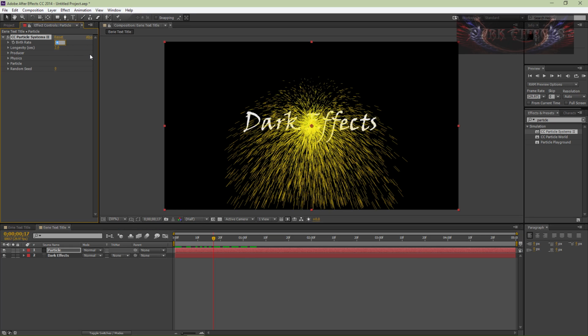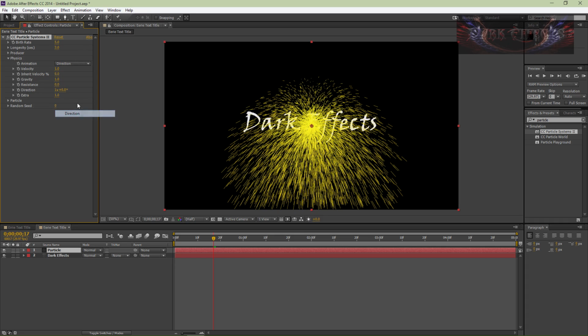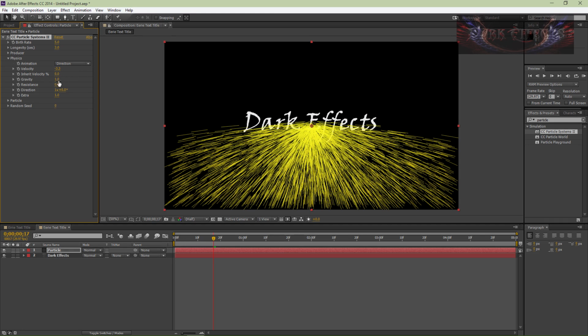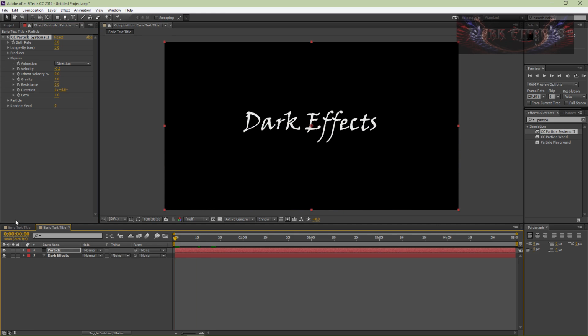Let's change our birth rate to 5, longevity to 3. Let's come down here to our physics. Let's change explosion to direction. Our velocity, we want to change that to minus 3.3. And our gravity, we're going to set some keyframes. So let's go ahead and create a keyframe there. Select our particle layer, hit U, and then we're going to change this to minus 0.5,